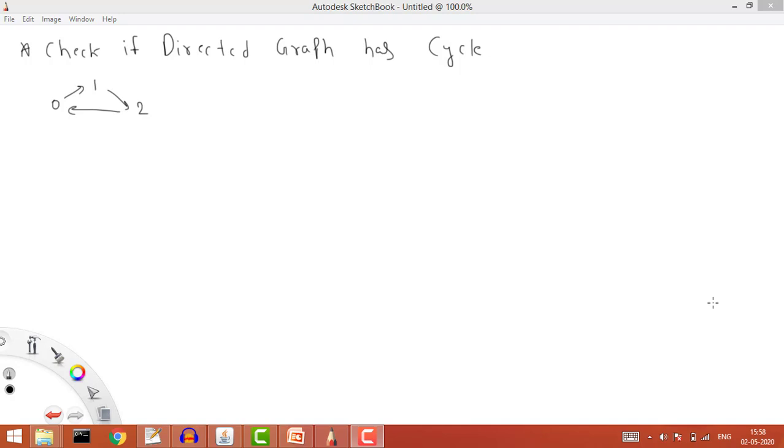So basically we are given a directed graph here and we need to find out whether this directed graph has a cycle or not, right? In our previous video we solved the same question, but there we solved it using the InDegree and BFS, and here we'll solve this question using DFS. So our question remains the same: we need to check whether a cycle exists in a directed graph or not. Like here, if you see in this graph, we have a cycle.